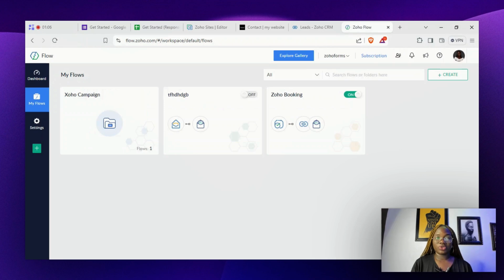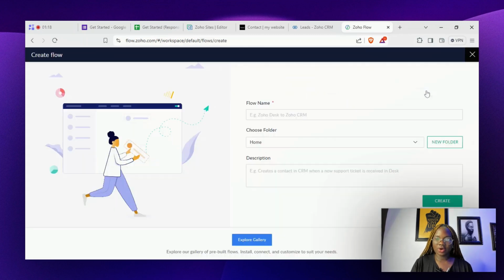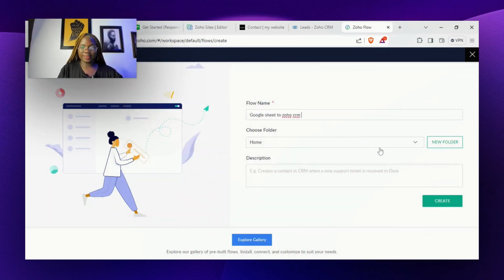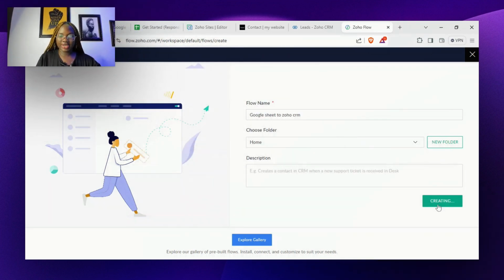What Zoho Flow does is that it connects one or more apps together. And what we want to connect is Google Sheet and Zoho CRM. So let's create a new flow. Now we are going to create a new flow and we are going to name this flow Google Sheet to Zoho CRM. I want to click on create,